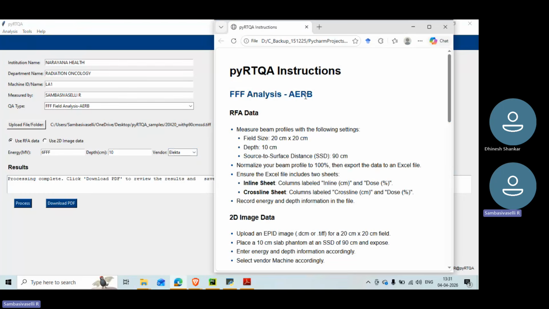So in FFF analysis, if you are using RFA data, you have to measure the beam profiles for 20 by 20 centimeter and 10 centimeter with the 90 SSD as per AERB guidelines, and you have to normalize your profile to 100%. Just export as an Excel file, and ensure the Excel file includes 2 sheets. The name should be properly